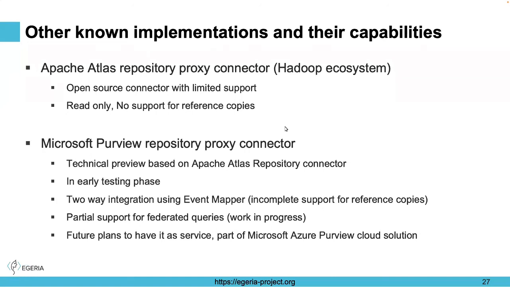A last thing I want to talk about is other known implementations. So we talked about the repository proxy and the two different styles that we have for specific technologies, namely IBM open source and the other one with HMS. But we also have something that is a bit of a legacy, or it started at the same moment when we started integration with the IGC open source proxy, and it's almost the same pattern. So repository proxy for Apache Atlas, open source metadata repository or governance thing.